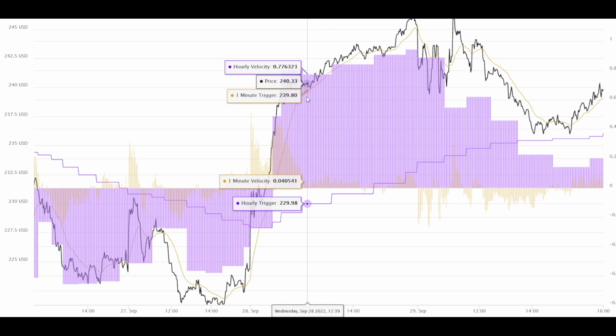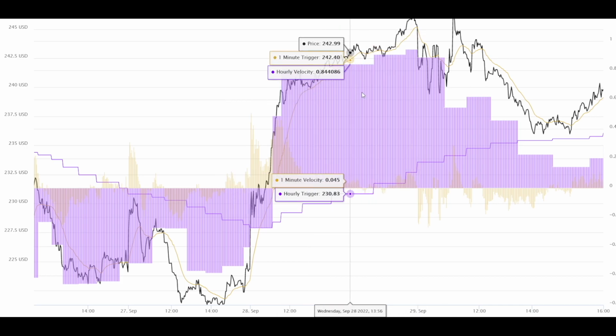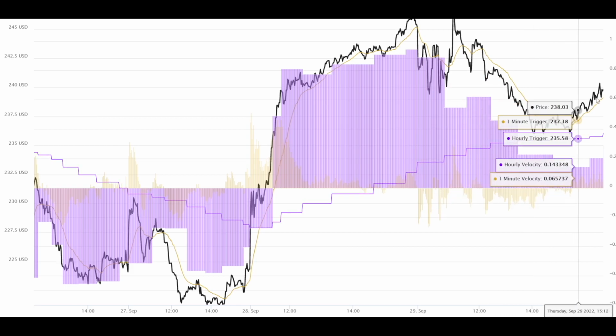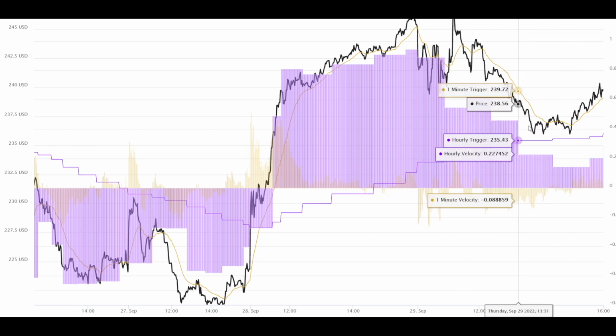All right. Normally you could look at all this powerful hourly velocity and say, okay, this hourly trigger is going to hold for support, and as price comes down,